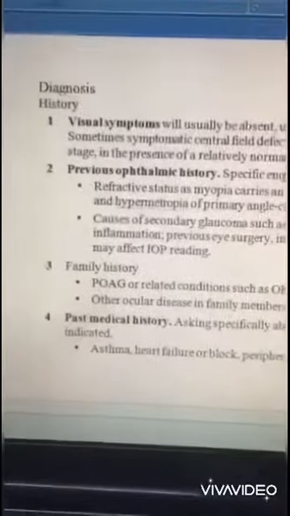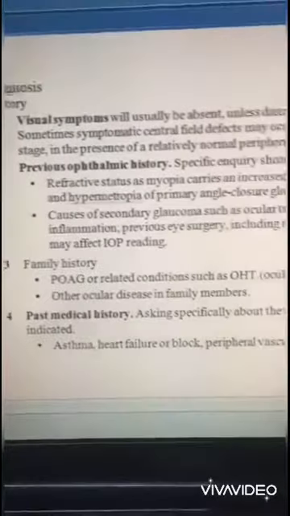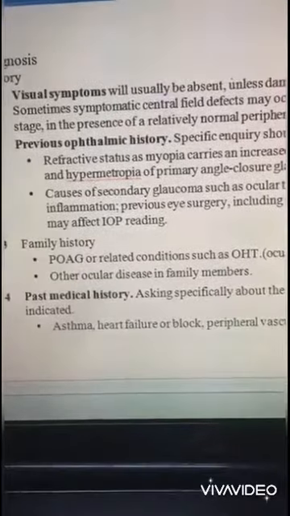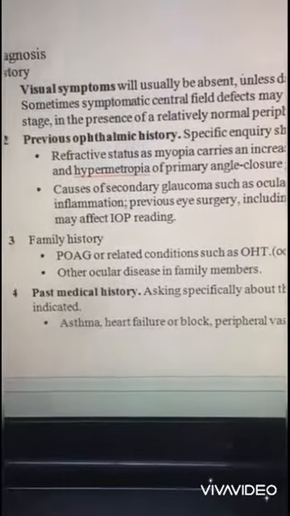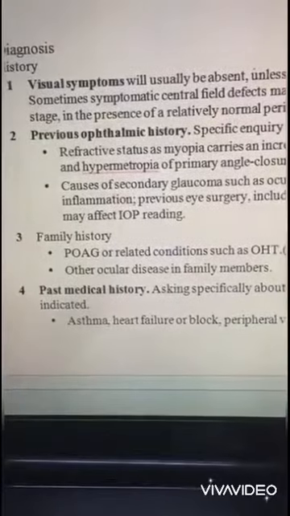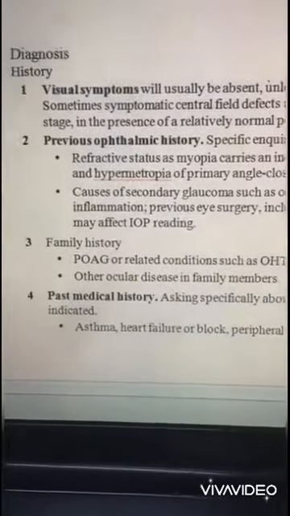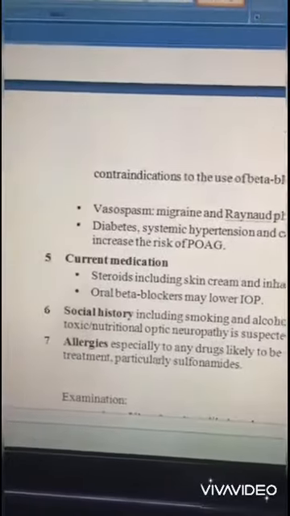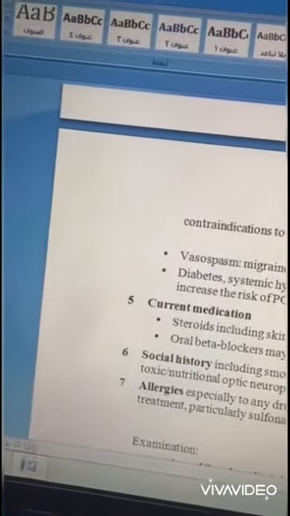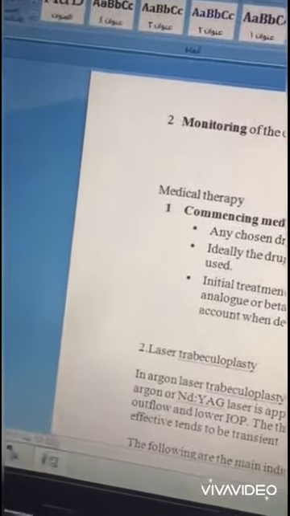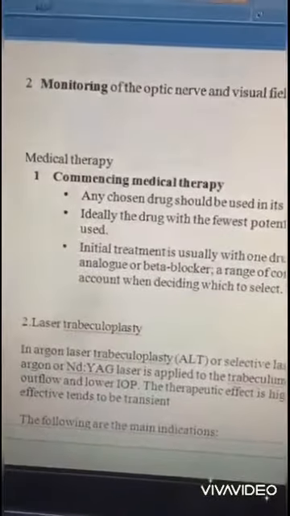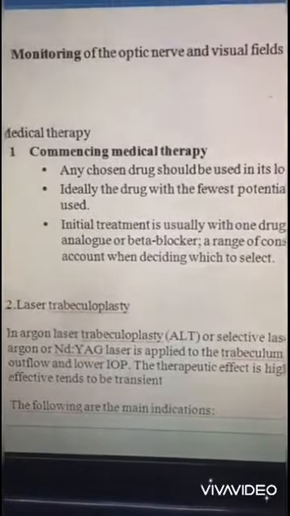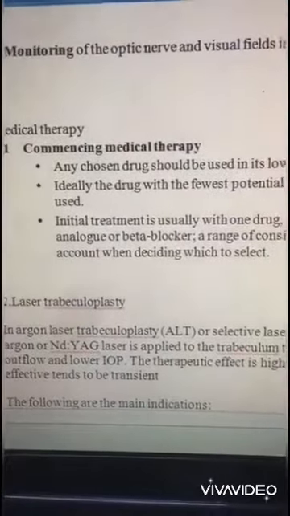As with any other disease, glaucoma has many risk factors. Could be hypertension, diabetes, Raynaud phenomenon. Drugs can be a risk factor, and when we cover glaucoma medication, we will explain to you how many drugs can affect the level of intraocular pressure. Treatment of glaucoma involves medical treatment, laser treatment, and also surgical treatment. In medical treatment, we choose the agent according to the patient's clinical condition. We start with a single agent, and then measure intraocular pressure, and